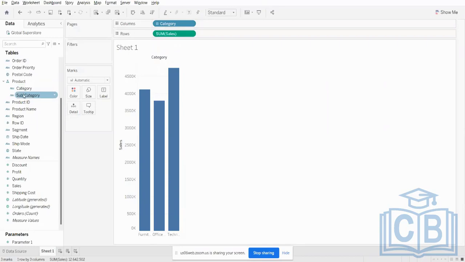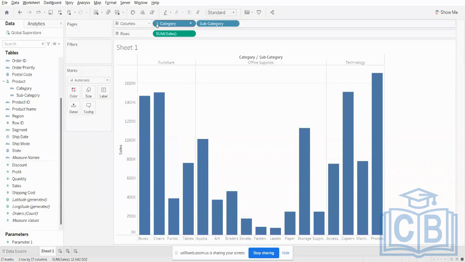Say, suppose you're a manager, or an investor, or a team lead who wants to check your data in a hierarchical manner, so that you know how much of my category and subcategory is functional with respect to sales, maybe. So what you can do is you can very well look at it from the